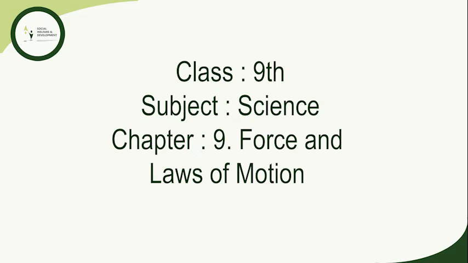Now, the third question is, a motor car is moving with a velocity of 108 km per hour. It takes 4 seconds to stop after the brakes are applied. Calculate the force exerted by the brakes on the motor car if its mass along with passengers is 1000 kilogram. So, the solution to this is, initial velocity u = 108 km per hour. That is, we can write it as 108 into 5/18, that is equal to 30 meter per second. We use this formula to convert kilometer per hour to meter per second.